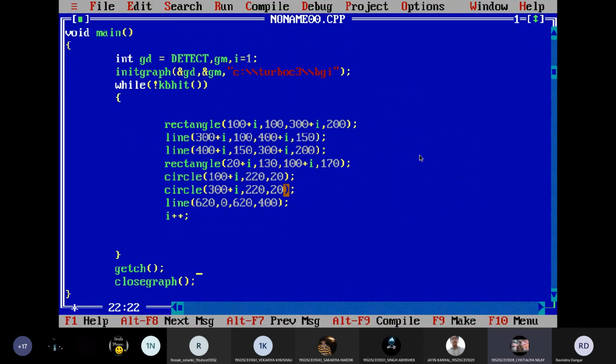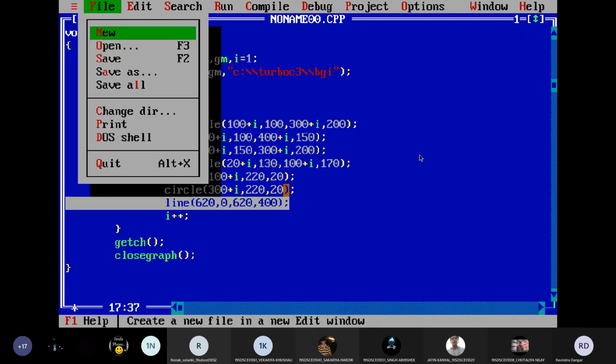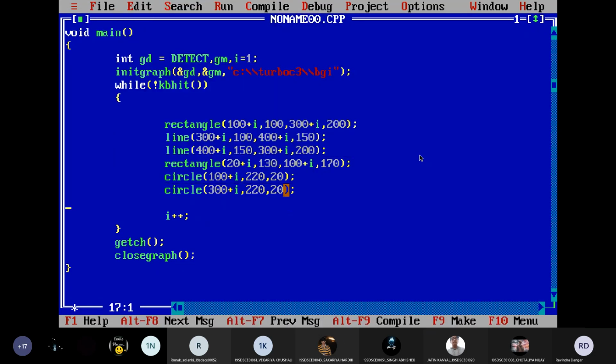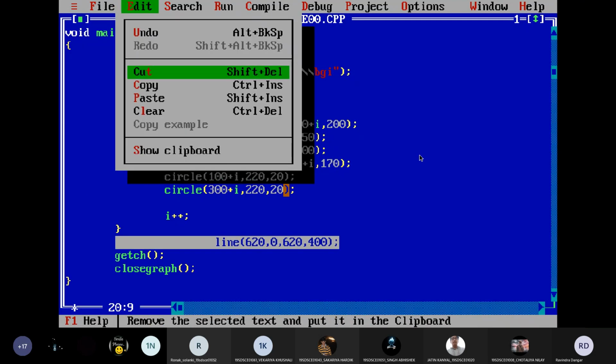Abhishek was asking, sir, is it necessary to keep the last line in the loop also? See, it is up to you. If you don't draw this line in the loop, then it is going to get cleared. Let me just do it. You will come to know. Now, if I draw somewhere around here, let me run this file.